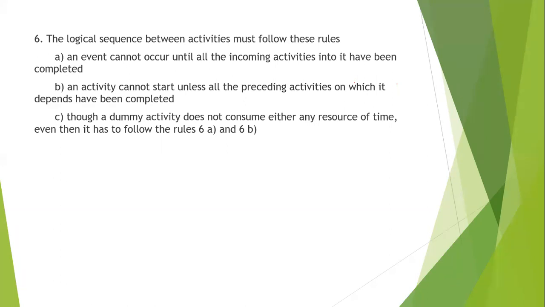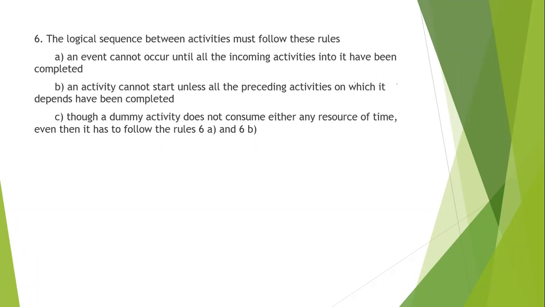Now here I know C depends on A and B. So first of all, the incoming activities should have been completed, and all the preceding activities before that should have been completed. Let's take one more example. Let's say D is dependent on B and C, and B is dependent on A. So three things I know. That means when A is completed, B should start, and D will start when B and C have been completed. Since B is dependent on A, D will start only when A, B, and C all three have been completed. So that is the meaning of the second sentence.